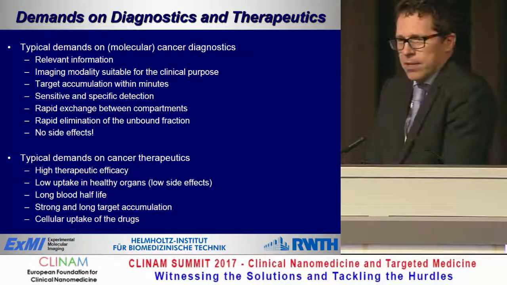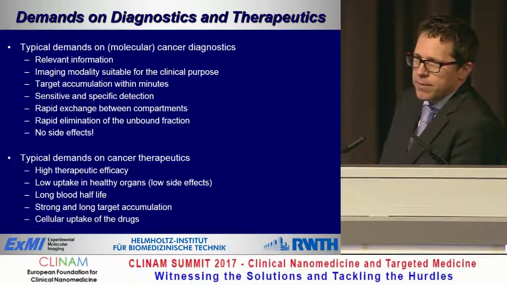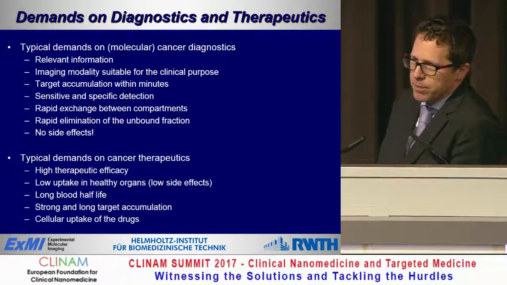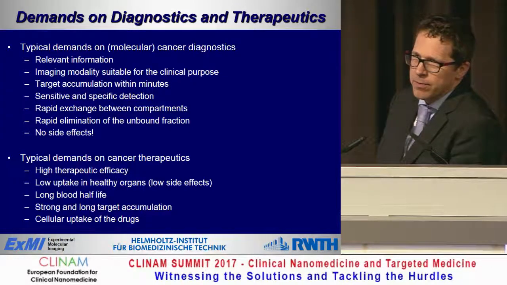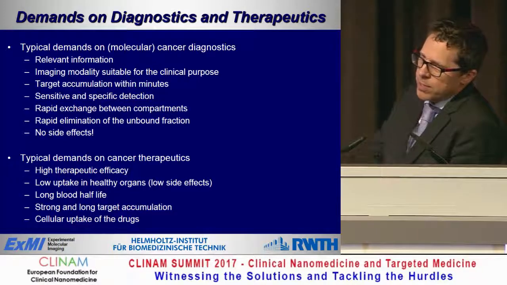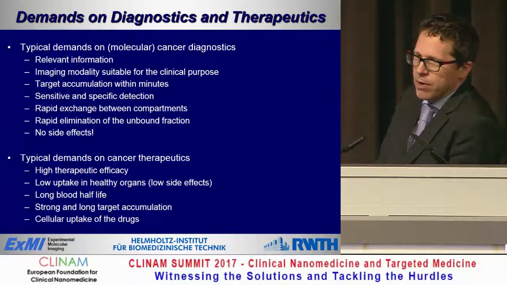Then the next thing is that the imaging modality that we choose has to be suitable for the clinical purpose. So, for example, I see many papers where people use optical imaging or ultrasound in mice for whole body staining. This may work in the mouse, but if you consider the penetration that you need in a human, this may not work in a clinical scenario. That means that this kind of development is not translatable. Then clinicians usually want to have target accumulation within minutes because they want to longitudinally scan the patients, and everything that takes long is difficult to integrate into clinical routine because the patients then have to come twice or they have to stay long in the hospital.